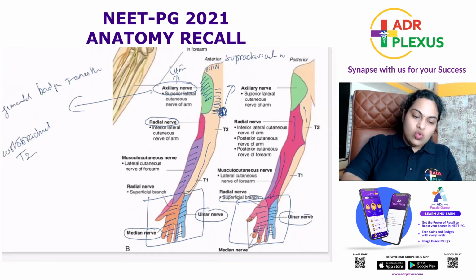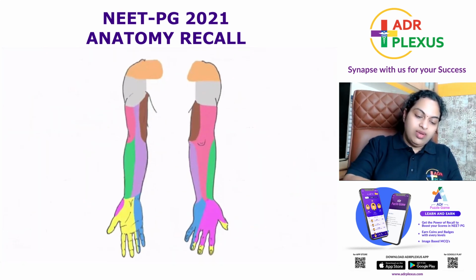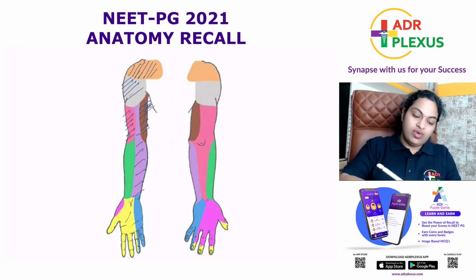Okay, guys, in your upcoming entrance exams you can have questions on this. You should be able to identify the nerves if an image-based question is given. Upper lateral cutaneous nerve from the axillary nerve, lower lateral cutaneous nerve from the radial nerve, over the shoulder by the supraclavicular nerve, medial aspect by the medial cutaneous nerve of arm, medial cutaneous nerve of forearm from the medial cord of the brachial plexus. Remember the posteromedial aspect of the arm, I told you, intercostobrachial nerve. This is the musculocutaneous nerve. Ulnar, median, radial.